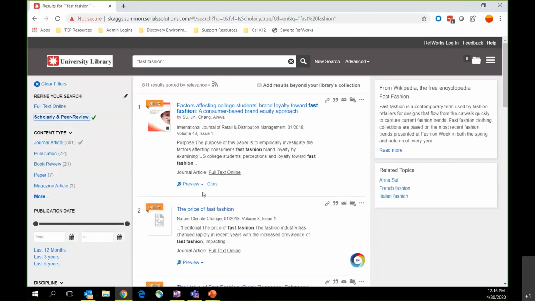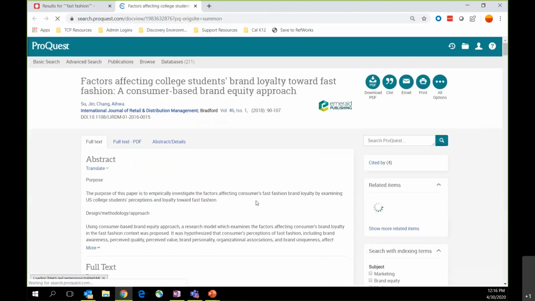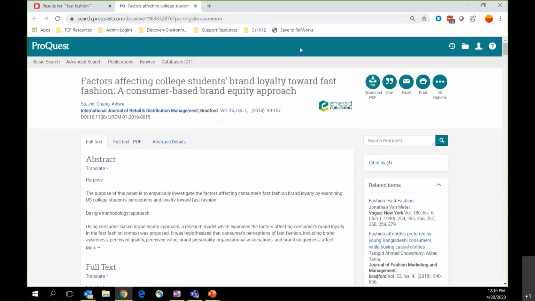Okay, so just for the sake of choosing an item, I'm going to click on this first article, and I know this is going to take me to the ProQuest platform. And once I get here, I know I'm at the ProQuest platform because it's search.proquest.com, and I've got this kind of green interface, which is the interface that I use for all those materials. Okay, so we can see as we look at the metadata here, I've got the abstract, I also have full